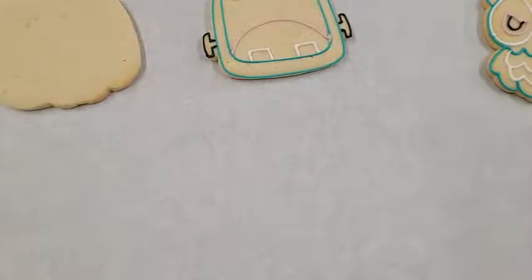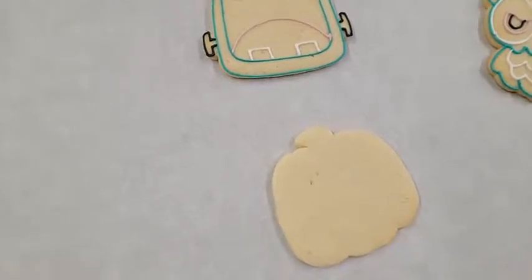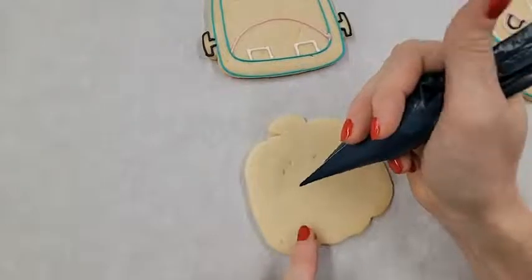And then our pumpkin. The problem is I don't want to do it orange. So I'm thinking I might do it purple. Purple pumpkin. Okay. Because we have enough purple for it. So let's add in some